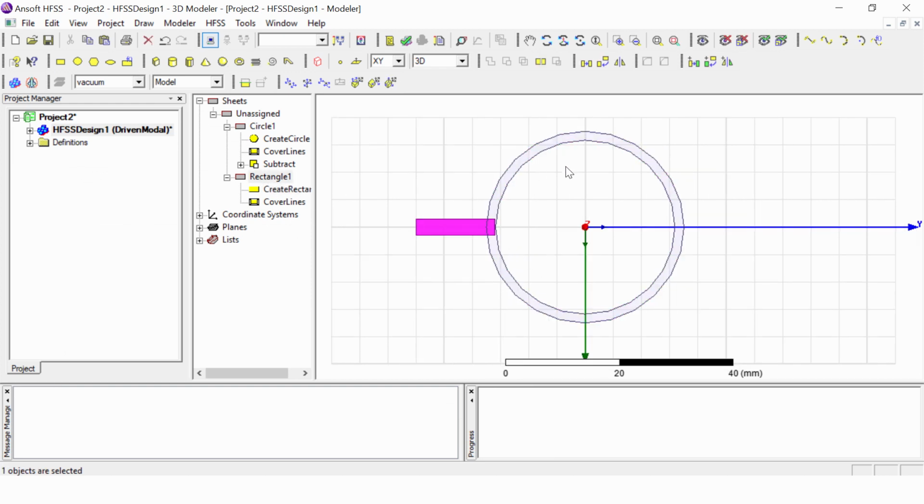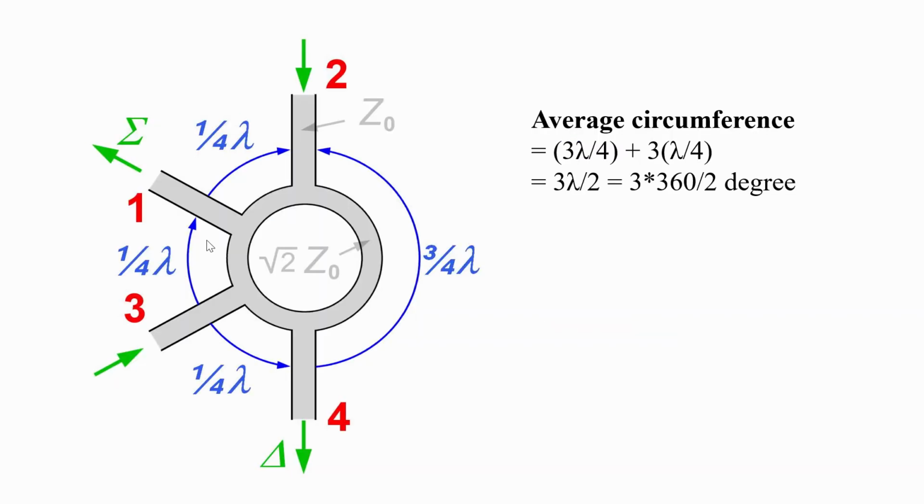This line can be pasted at 4 different places wherever we require. Let us see the design first, and based on that we will shift this line. So in our design we can see that port 1 is here and port 2 is here, and I have drawn a line which is here. That means from this point to this point we have to move by 90 degrees along the z direction. From this point to bring it to this point we have to move by minus 90 degrees. Similarly, from this point to this point it will be minus 30 degrees and this will be plus 30 degrees.